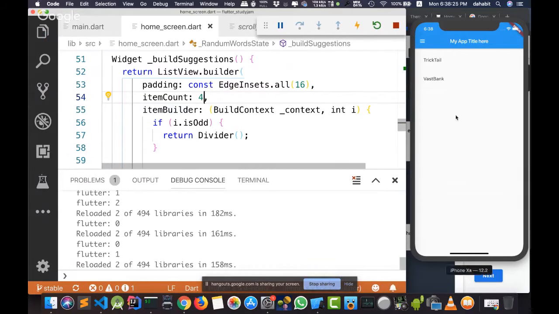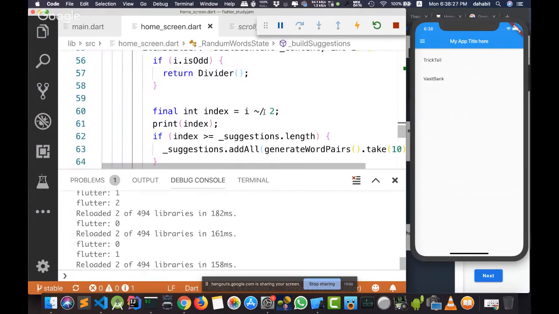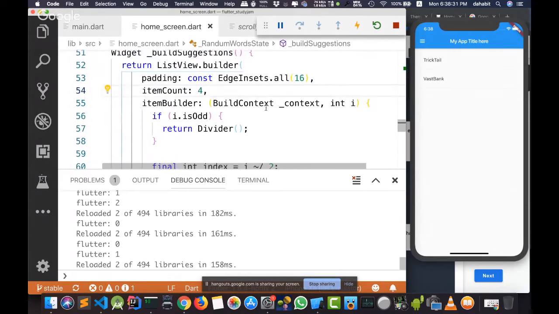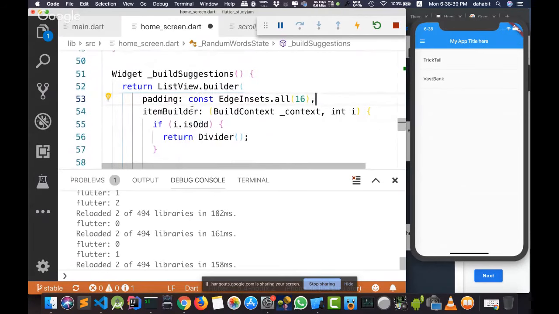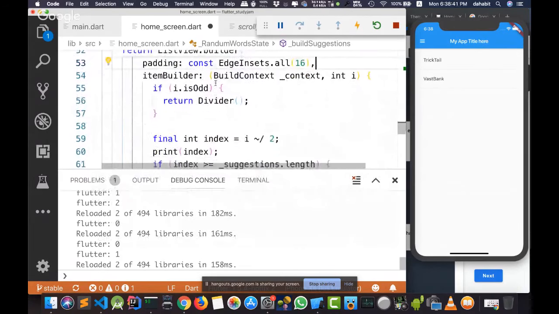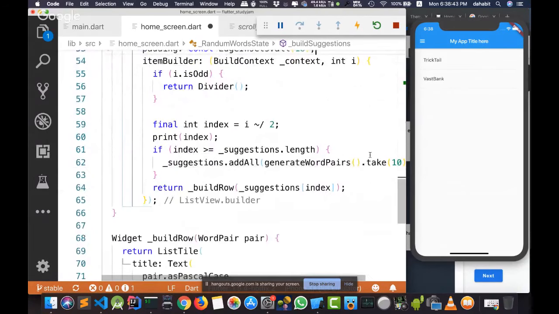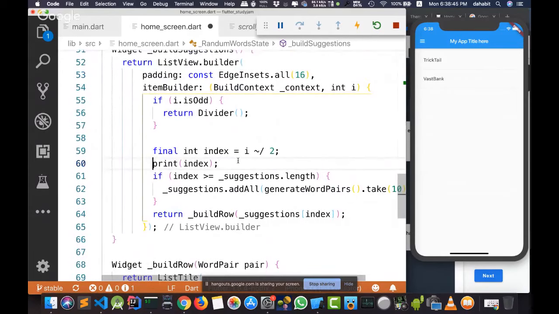And here it's not displaying because I am dividing this index on 2. For that reason, we are seeing that it's displaying like that. But we are not providing the item count here because I'm using lazy loading. Let me comment this line, and this is good to check the difference.